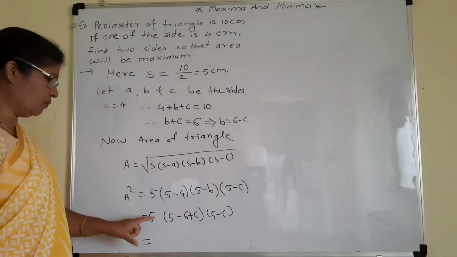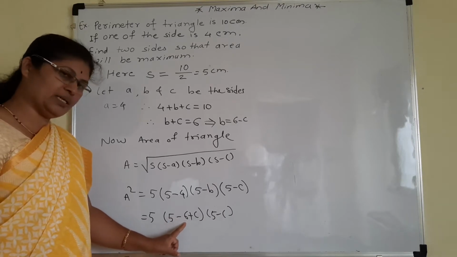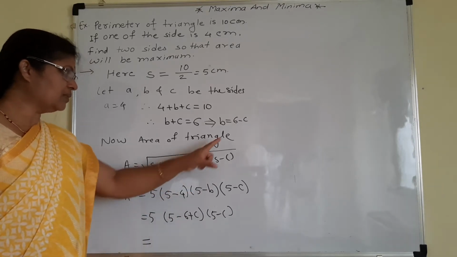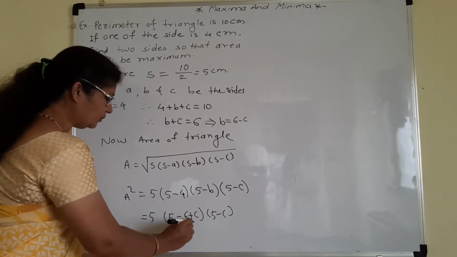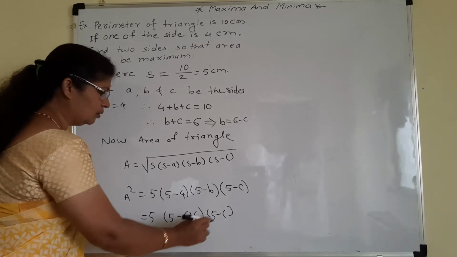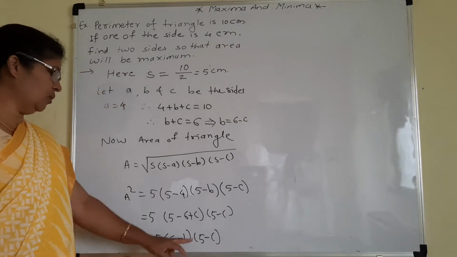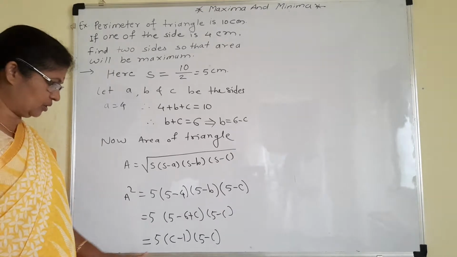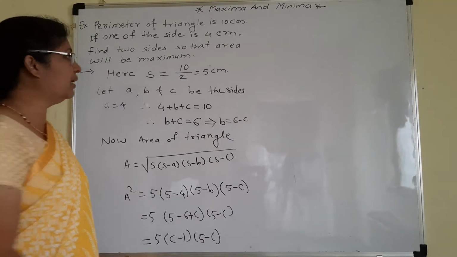So this is equal to 5 minus 4, that is 1, and 5 minus 6 is minus 1, plus c. So 5 into bracket c minus 1, and here it is 5 minus c. This is our function. Let us multiply these two. By multiplying the two, we will get here